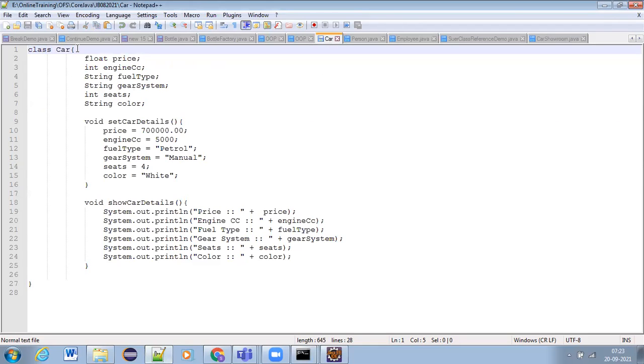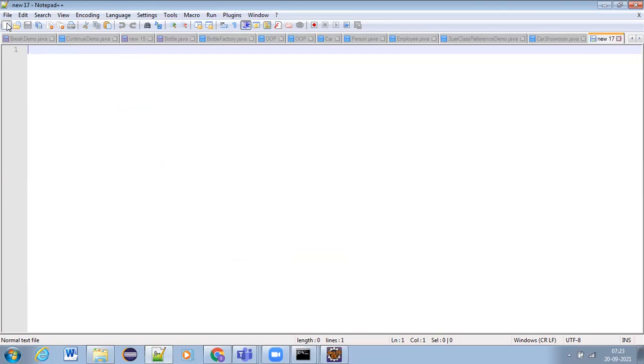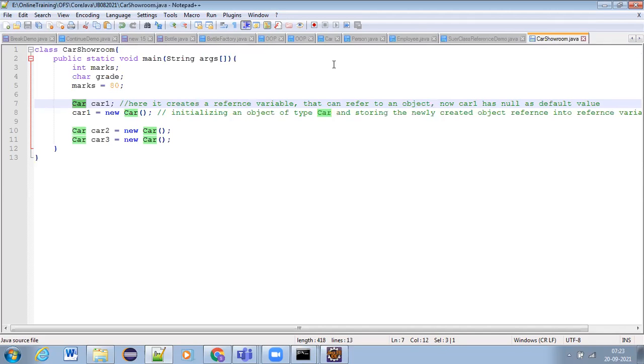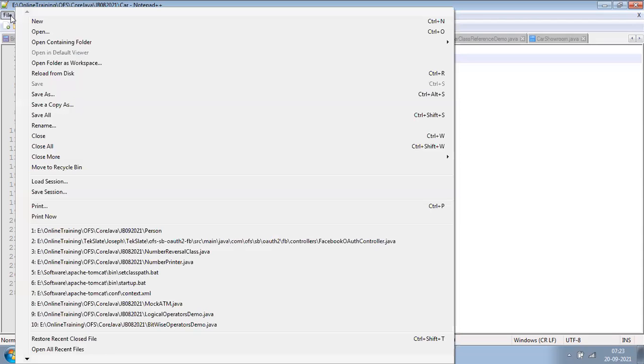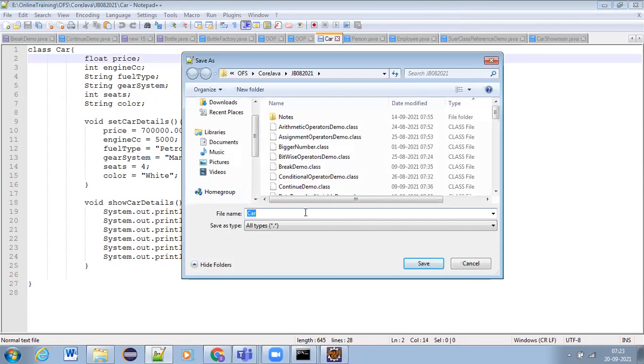See, that's why everything is in black. We have to save this as a Java file. Did you get the point, guys? What is the problem here? Car has not been saved as a Java file. That was the basic point we learnt, right? Again, I only missed that point. So we are facing the issue with car.java.